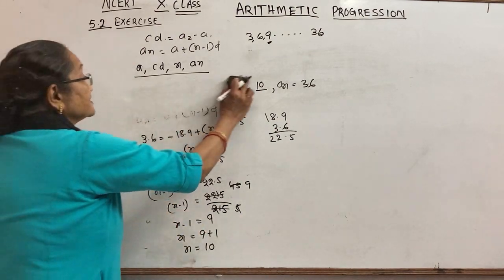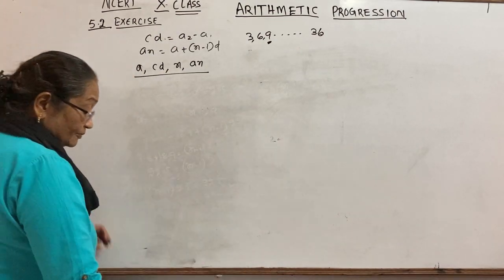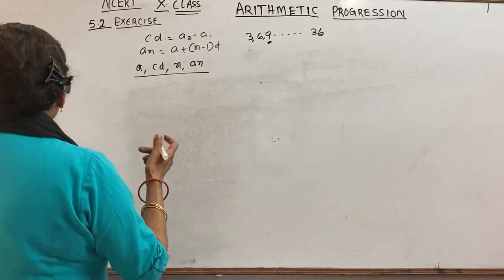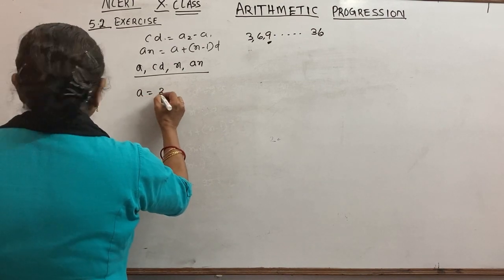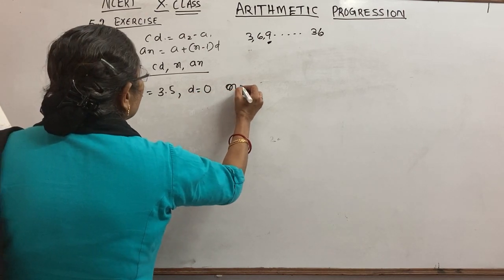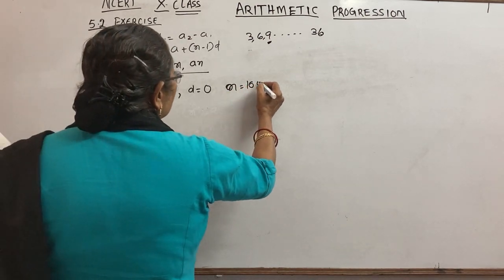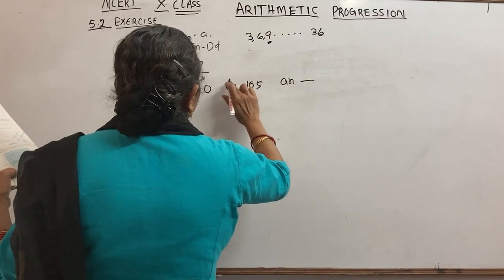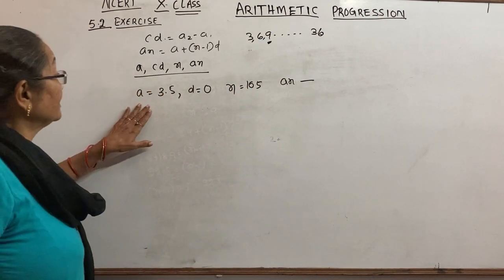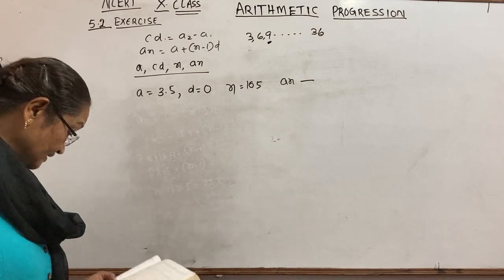That is the last sum. फर्स्ट क्वेश्चन का 5.2 का पहला क्वेश्चन का फिफ्थ पार्ट, वही उसके बाद सेकंड क्वेश्चन शुरू होगा. इसमें दिया क्या है? ए दिया 3.5, डी दिया 0 और एन दिया 105. फिर अब पूछ रहा है ए एन इक्वल्स टू क्या है. ठीक है, दिस इज एन, राइट. ठीक है. नाउ a, d, n is given, he is asking a n.